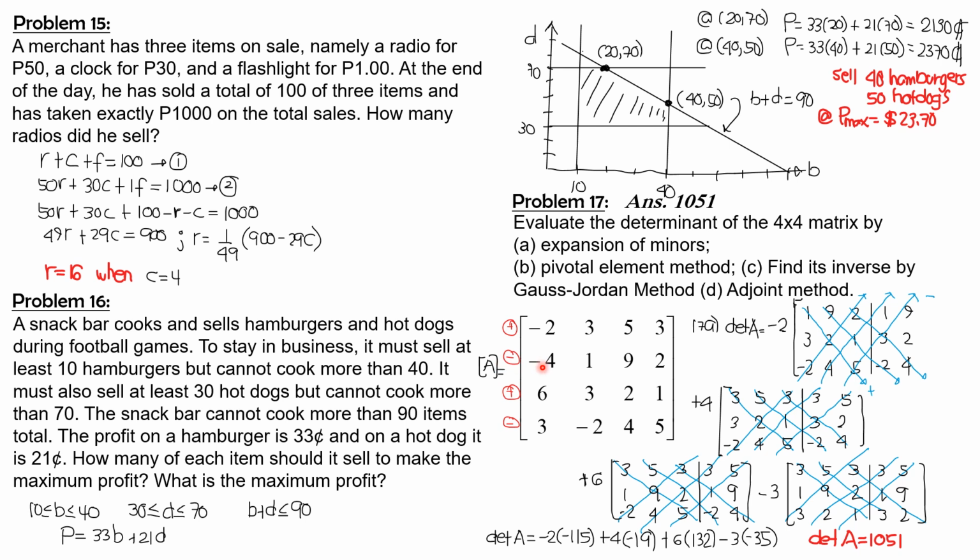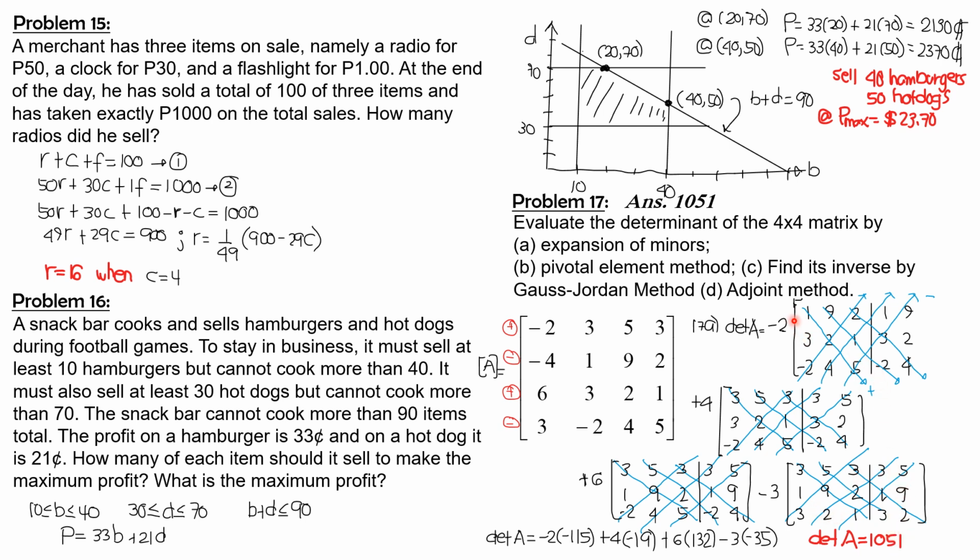Then minus of -4, so that's +4. The minor of this -4 here will be 353, 321, -245. That 3 by 3 matrix there. Copy the first two column elements, then follow that direction, positive, upward, negative. Then +6, the minor of 6 will be 353, 192, and -245. And copy the first two column elements. And finally, -3, the minor of 3 would be this 3 by 3 matrix. So we copy the first two column elements also.